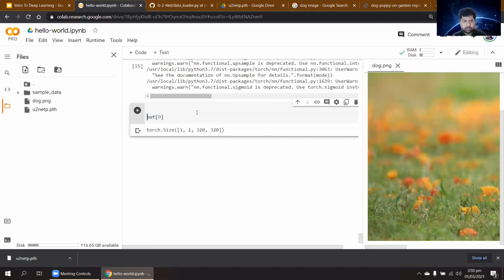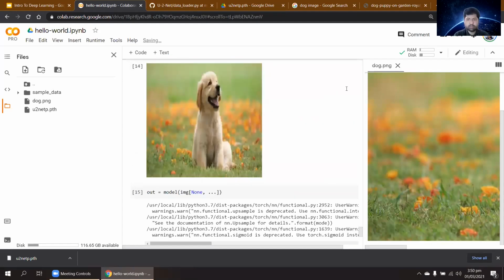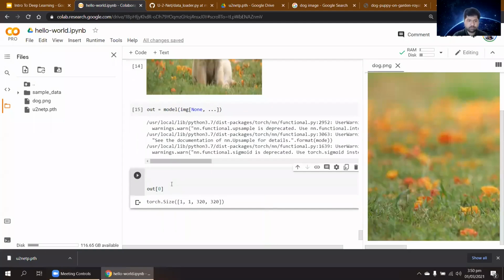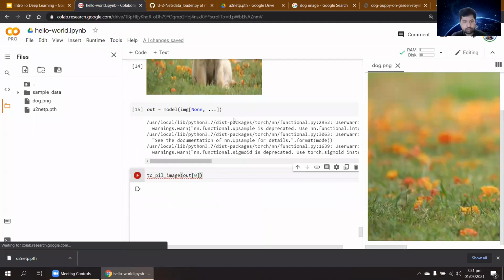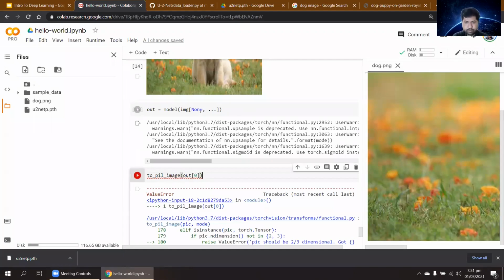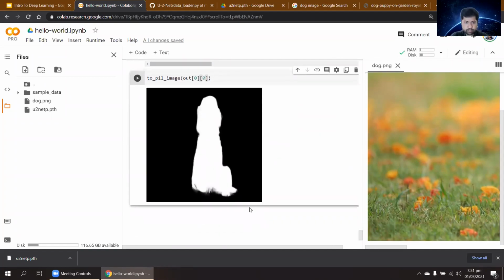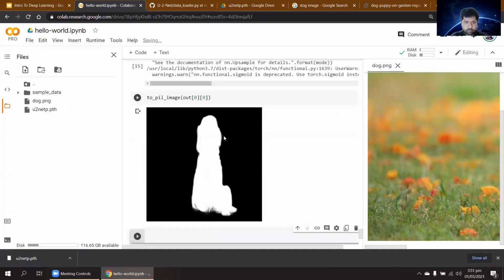Let me show what the output of the system is. As you can see, I have given this dog image and it has produced this kind of mask. If you multiply this mask with the image, it looks